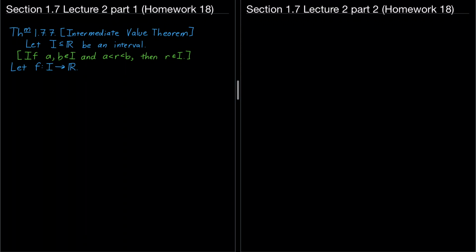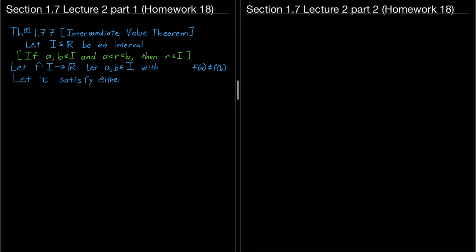And then let's suppose that we've got 2 points in I with f of A not equal to f of B. So this is a non-trivial interval. It's not the empty set or a single point or anything. And let's pick a number that is between f of A and f of B. So we're going to let tau satisfy